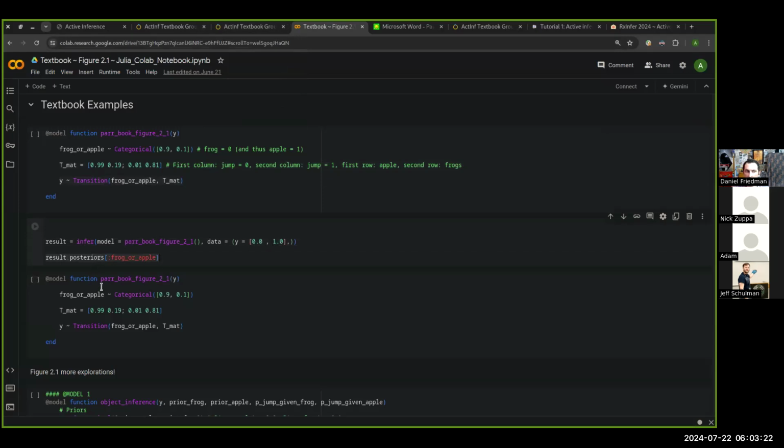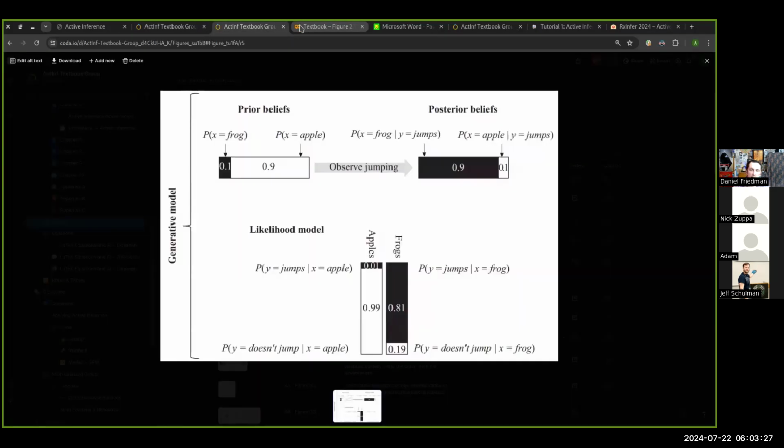And then you return the posteriors. So it's a different style, and it's one that many of us are still learning. However, when we have well-documented examples of everything in the textbook in ActInf, it'll bring a lot of continuity between the engineering-grade application framework and the learning path. So for anybody who wants to work in that way, it's super helpful.